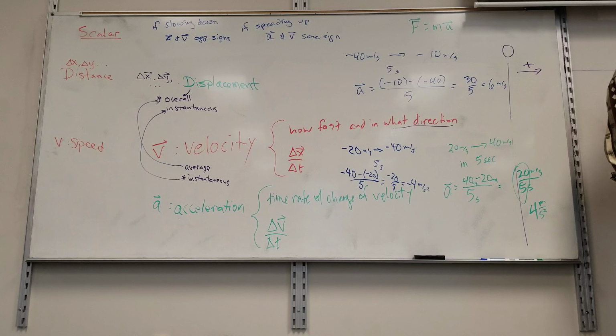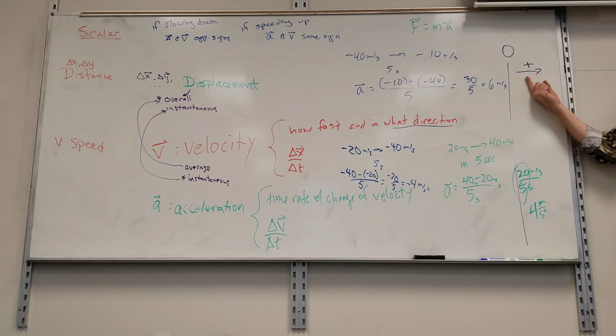Because I was moving in the positive direction, I slowed down, something had to be holding me back. Yes? So other than the force, which was friction or whatever, would it just be a matter of left and right, kind of? When you say just a matter of left or right, you mean the acceleration? Well, I mean, when you're saying that going that way would be positive. At the very beginning, I said, let's just make to the right positive. You could have just as easily said right, left instead of positive, negative.